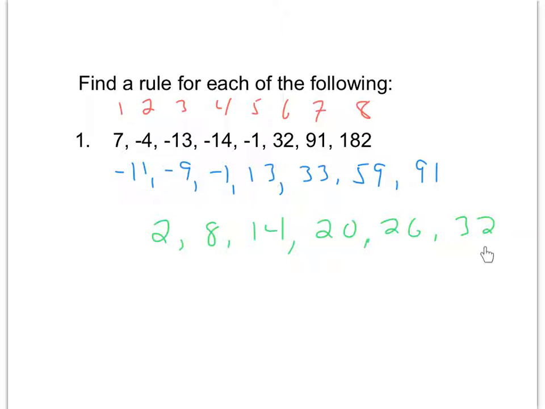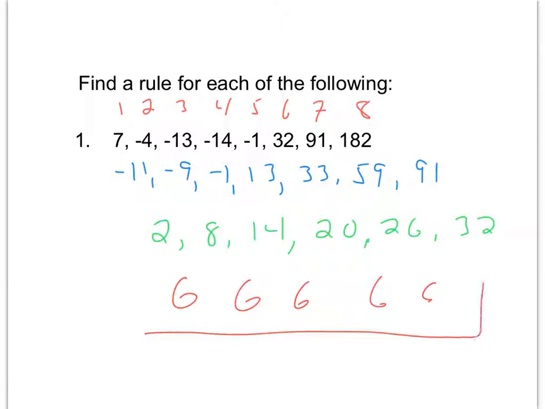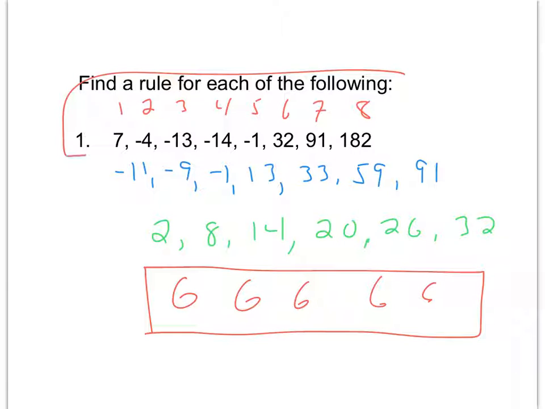These are all not the same, so let's find our third differences, and hopefully very quickly you can see the third differences are all going to be 6. 8 minus 2 is 6. 14 minus 8 is 6. 20 minus 14, 6, 6, 6. These third differences are all the same, so now we know that this function is going to be a third